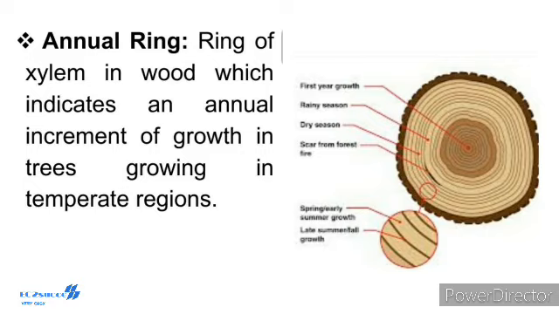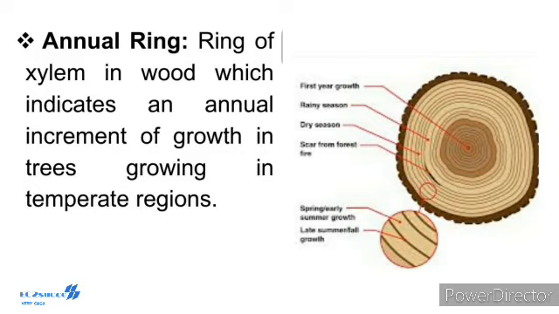The transition from spring wood to autumn wood in an annual ring is gradual, but the transition from autumn wood to spring wood of the next year is sudden. Therefore, each year's growth is quite distinct. The number of annual rings corresponds to the approximate age of the stem. Besides giving the age of a plant, the annual rings also give some clue about the climatic conditions of the past through which the plant has passed.